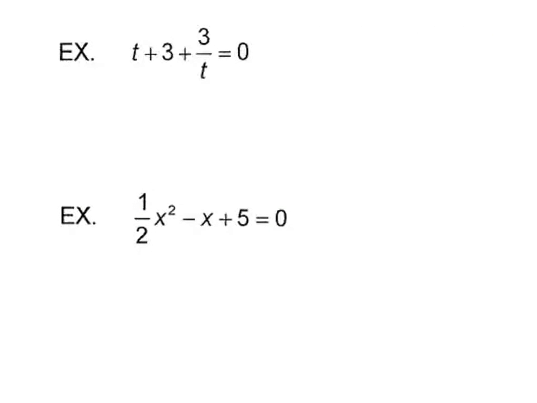Sometimes you're given a quadratic equation and it's not really in the proper form to use the formula. For example, this first one, we have a fraction with a t on the bottom. There's no t squared. So what you can do about that is just multiply everything by t. Remember, to get rid of fractions in an equation, you multiply by the common denominator all the way across. And that way, the t that's on the bottom of the fraction will cancel. Now we have t squared plus 3t plus 3 equals 0, and we can go ahead from there and do